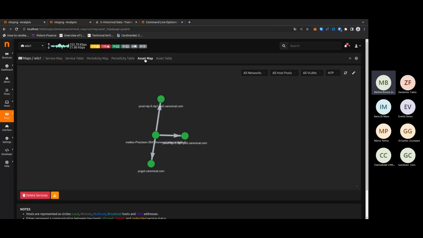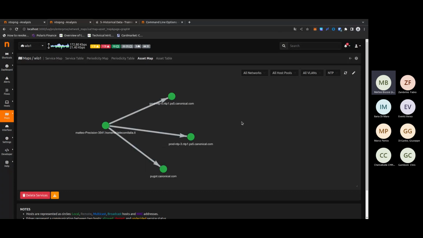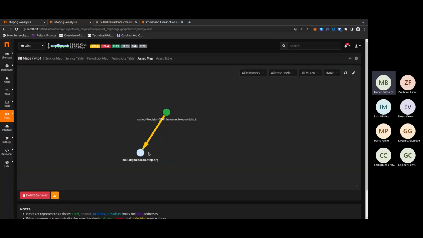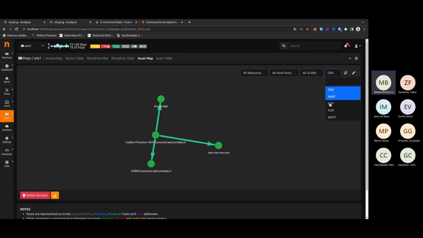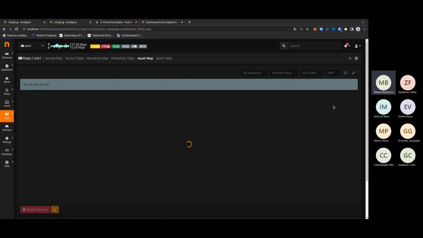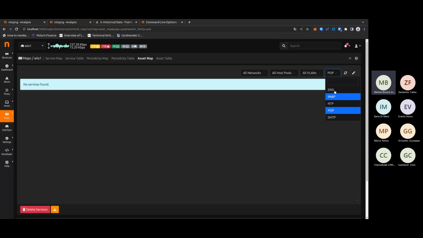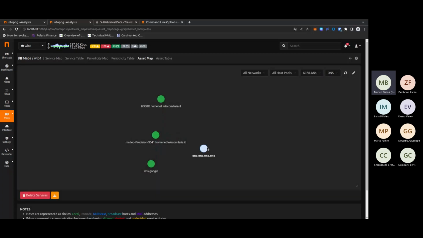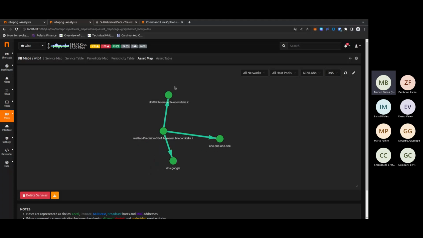Lastly, we have the asset map, done to understand which are the servers in your network. For example, in this case, NTP server, IMAP server, if you have, or DNS server. Otherwise, you have even POP or SMTP. I have one SMTP, but no POP services. So in that way, you are able to understand which are your DNS and local servers, let's say,